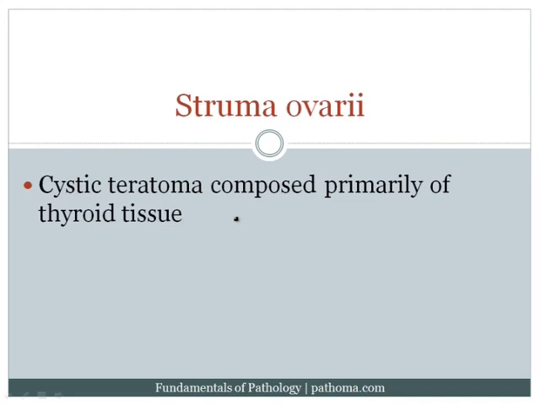One special type of teratoma is called struma ovarii. In this particular case, you have a teratoma that's mostly composed of thyroid tissue. And so sometimes patients can develop hyperthyroidism because the teratoma contains thyroid tissue and the thyroid tissue is hyperfunctioning. So let's say that you've got a woman, she's about the age of 20, and they tell you that she's also got hyperthyroidism along with a mass in the ovary. One of the things to consider would be a teratoma that's mostly made up of thyroid tissue. Again, we call that struma ovarii. So that's the first type of germ cell tumor, that is cystic teratoma, and of course that's the most common